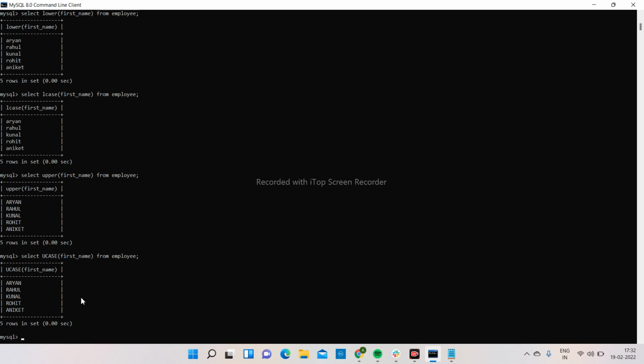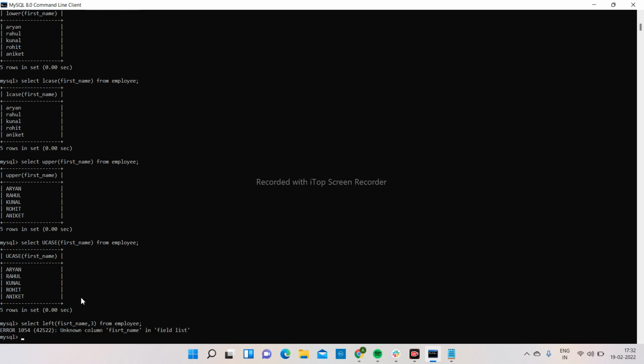It will just return the specified number of characters from the left side of our string. So we just need to write select left, first name, comma 3. I want 3 characters. If you want, you can write 2, from the table name is